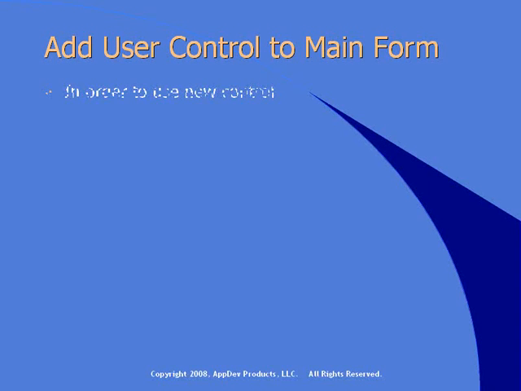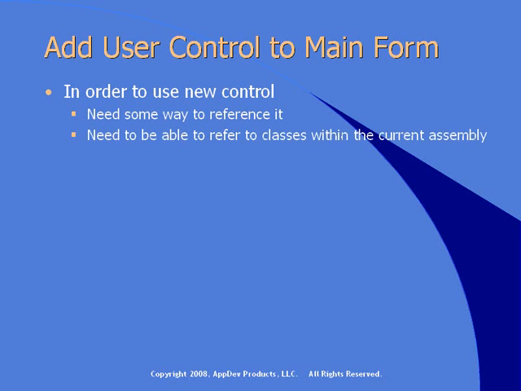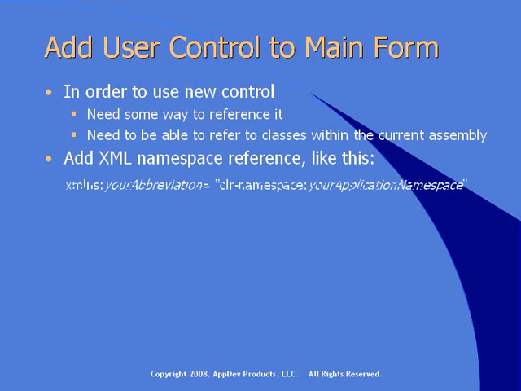In order to use the new control on our form, we need some way to reference it, and we need to be able to refer to classes within the current assembly to do that. In order to refer to a class in the assembly, you need to add an XML namespace reference to your main form, and it's going to look like this: